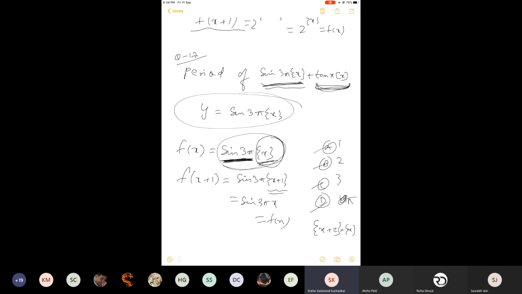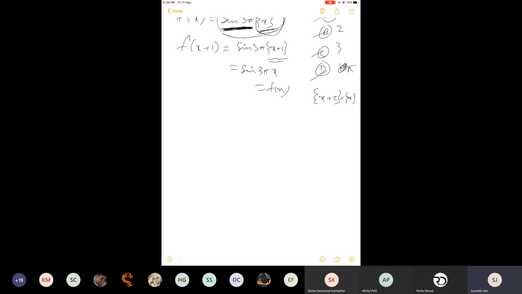So question number 15. 15th, okay. Yeah, same type of question. You people might be finding it a little bit difficult to solve the questions based on periodic function, but it happens with everyone, so no problem. It will take some time, but gradually you will be able to solve all the questions. Period of the function f(x) equals mod of sin pi x plus e to the power 3 times